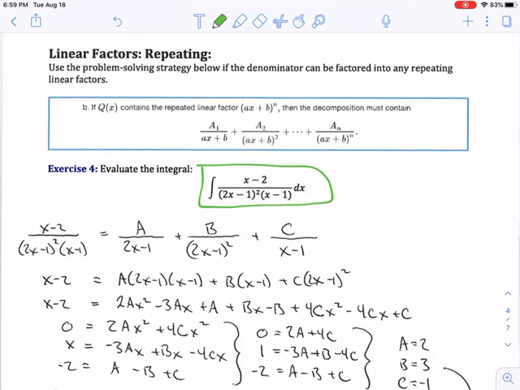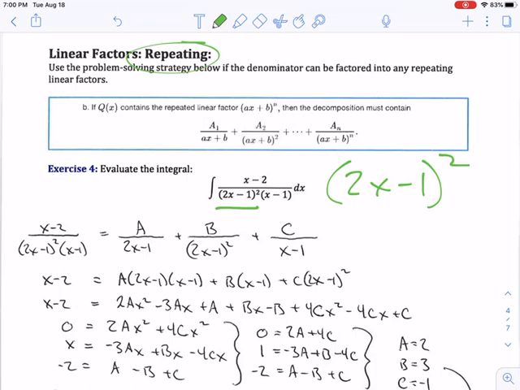But I notice that all of these factors are linear. Now, do not get confused by the fact that this factor is squared. This 2x minus 1 is a linear factor. I just happen to have 2 of them. So it is a repeating linear factor, because I have 2 of them,